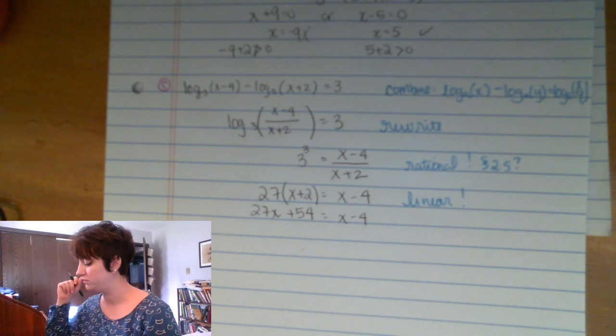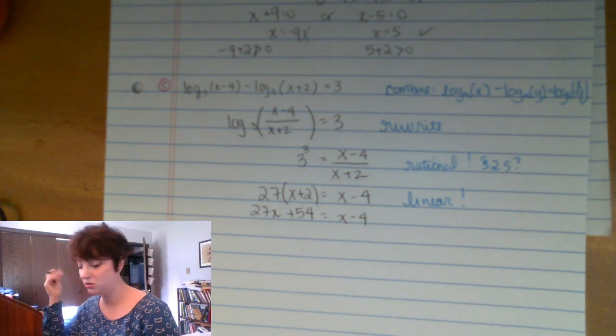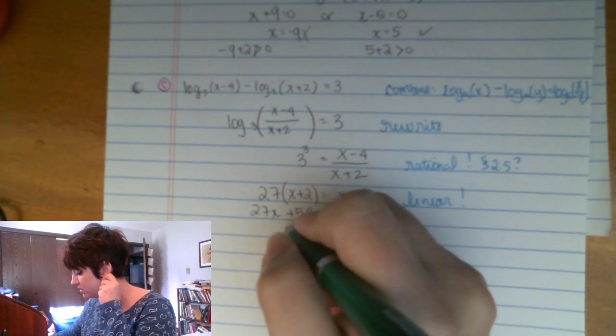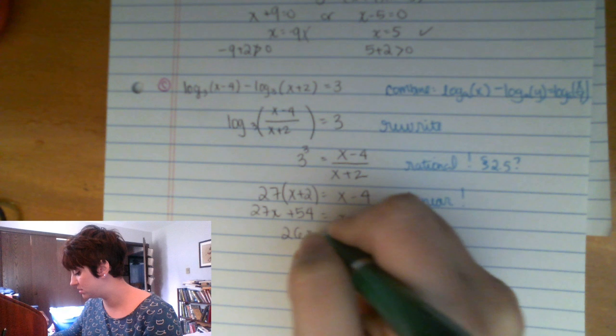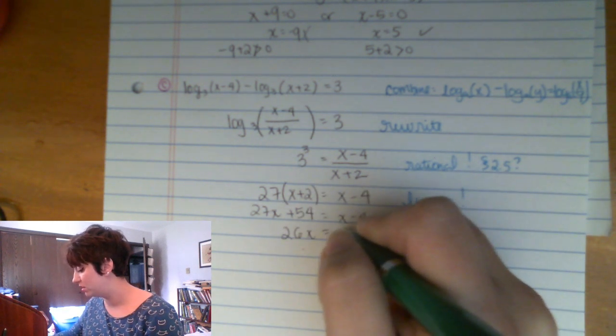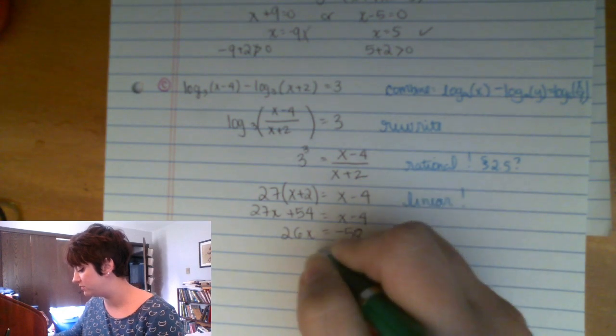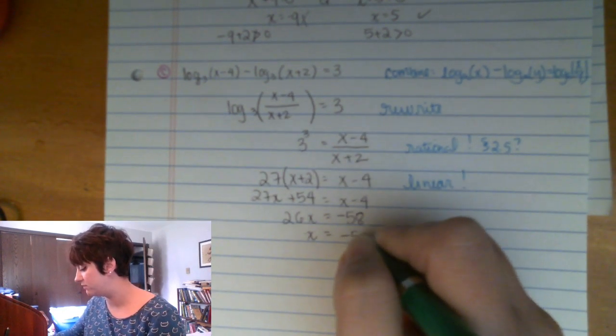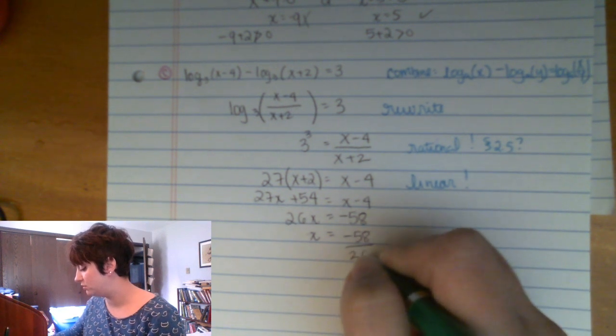Yeah, 54. All right. So if we subtract x over, we'll have 27 minus 1 is 26x. We'll also subtract 54, so minus 4 minus 54 is minus 58, and x is negative 58 over 26, which